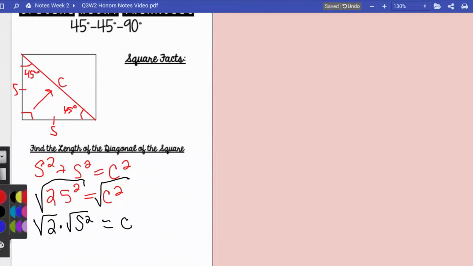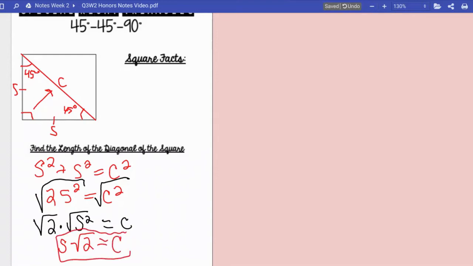When I look at these two things, the square root of S squared is actually just regular S, because S squared is S times S, and the squared sign cancels out with the radical sign. Then you have S times the square root of 2 that equals C. This is what this reduces to. So basically,